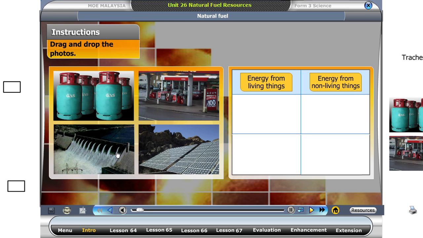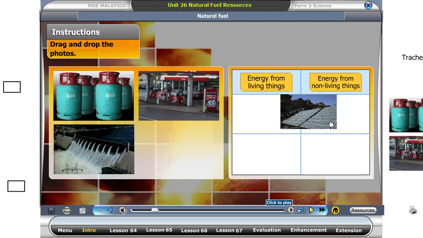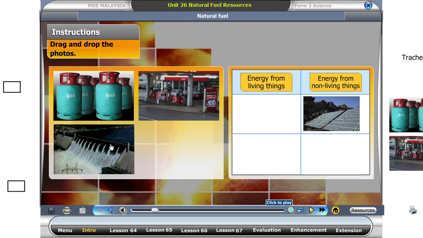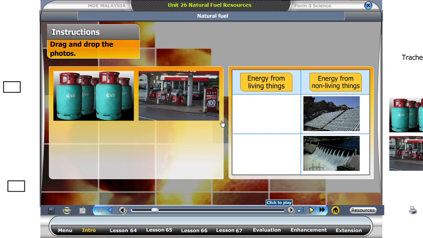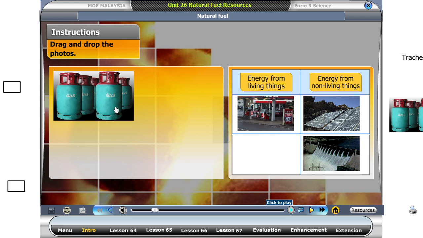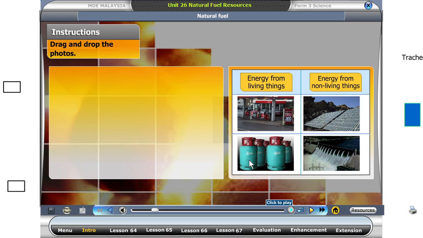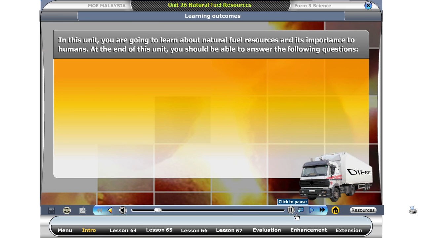Classify the sources of energy which originates from living things and non-living things. In this unit, you are going to learn about